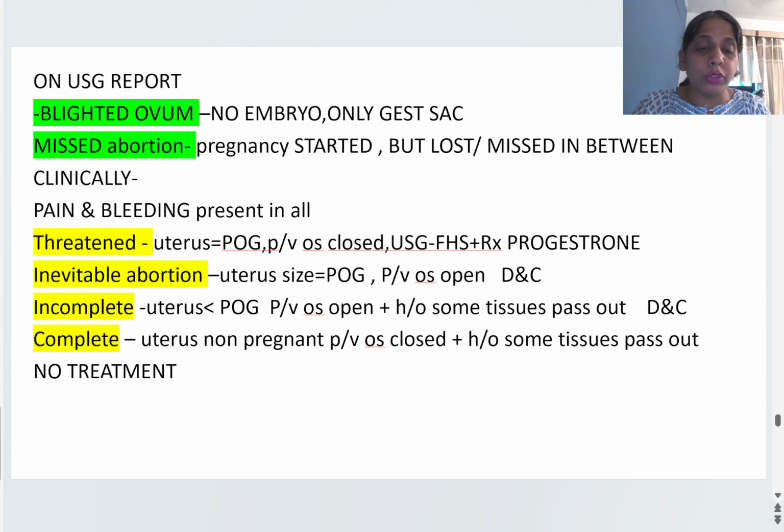ओके, अब पढ़ते हैं अल्ट्रासाउंड रिपोर्ट के हिसाब से दो तरह के अबॉर्शन होते हैं। ब्लाइटेड ओवम का मतलब है कि एम्ब्रियो नहीं बना, सिर्फ सैक बना, ठीक है। मिस्ड अबॉर्शन का मतलब है प्रेगनेंसी स्टार्ट हुई थी पर बीच में ही स्टॉप हो गई, टर्मिनेट हो गई। ब्लाइटेड ओवम भी एक तरह का मिस्ड अबॉर्शन है। क्वेश्चन आया हुआ है आपका, उन्होंने यही बोला था सिर्फ गेस्टेशनल सैक बना है, एम्ब्रियो नहीं बना, तो ये क्या है, उसमें ब्लाइटेड ओवम नहीं था, मिस्ड अबॉर्शन। मिस्ड अबॉर्शन मतलब प्रेगनेंसी स्टार्ट हुई है और सडन उसकी ग्रोथ बंद हो गई।